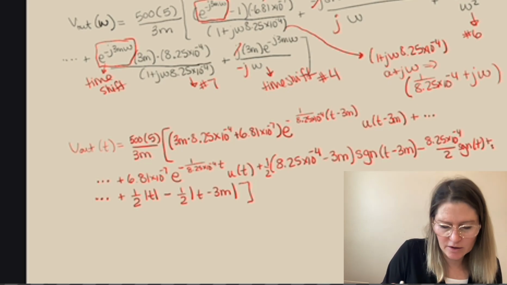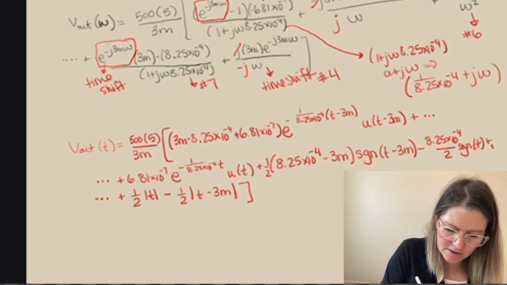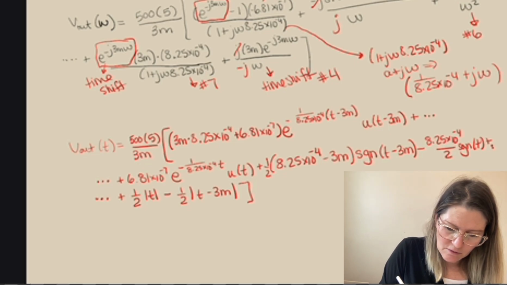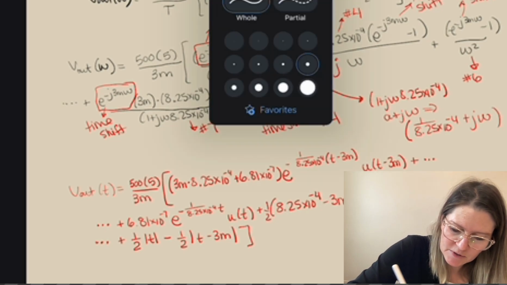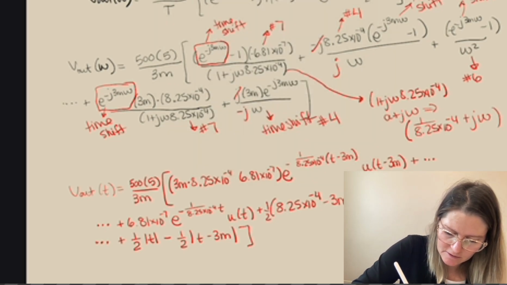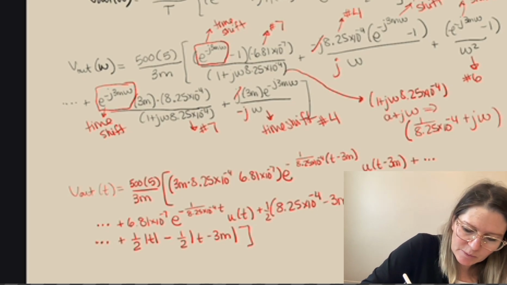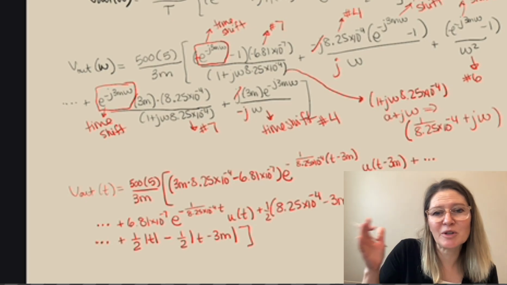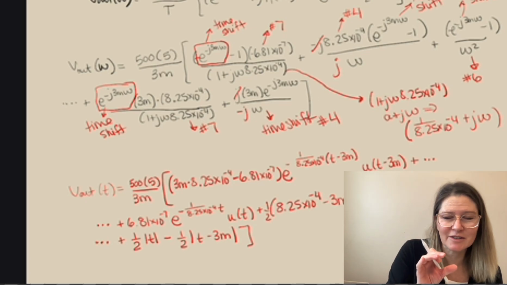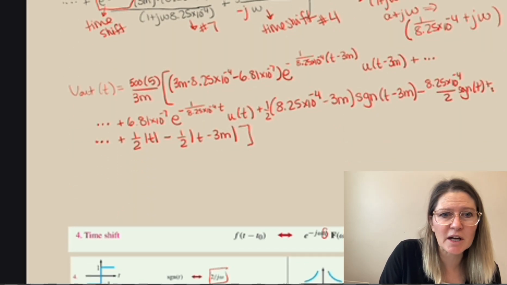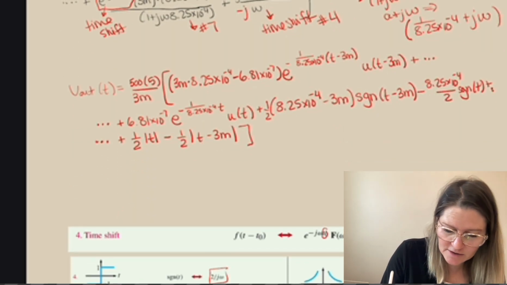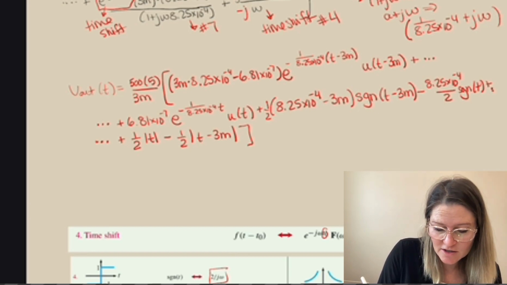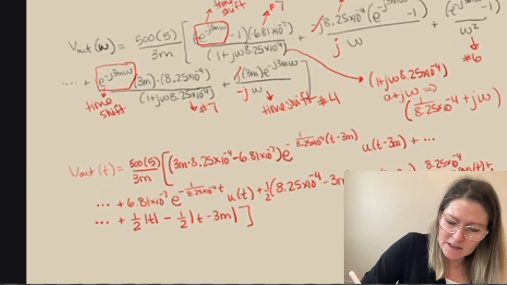And then the other term is 6.81 times 10 to the minus 7th, e raised to the minus, oh, I apologize, I miswrote this. So this is a minus here because there is a plus in front of the e. So this is a minus 6.81. And then minus 1 times minus 6.8, that one doesn't have a time shift. So that becomes the 6.81 times 10 to the minus 7th, and then e raised to the minus 1.825 times 10 to the minus 4th t times u of t. And then I need to